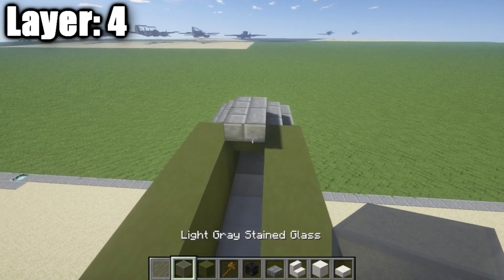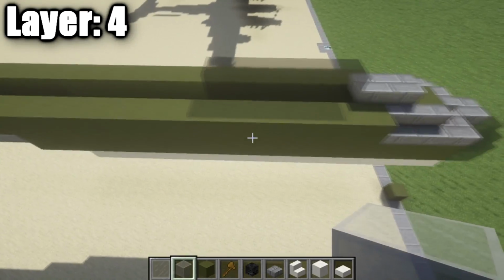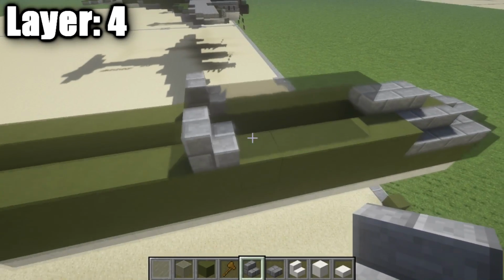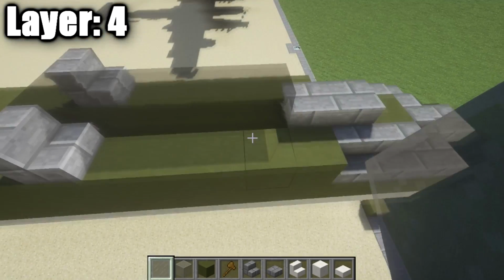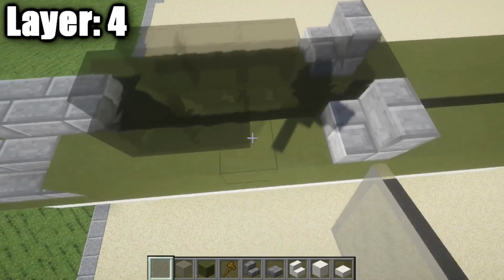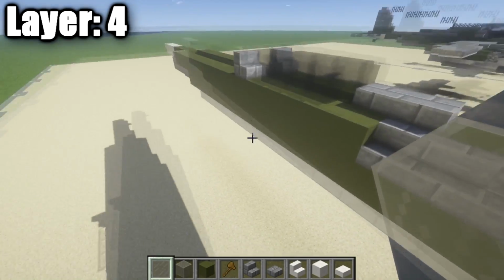Then taking our light gray stained glass, we're going to go back 1, 2, 3, 4, and 5. On your 5th block here, we're going to take a stone brick stair and place it down on either side like that. And then we just want to take our light gray stained glass and place down 1, 2, 3, and 4 along the sides here. Same thing over here, 4 light gray stained glass panes along the sides there,